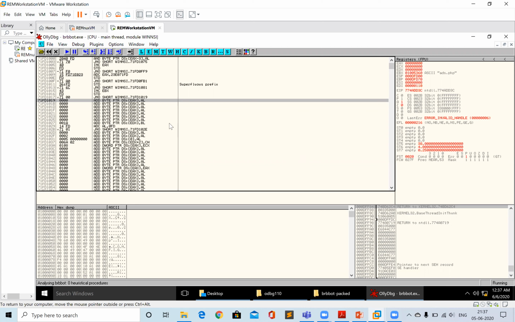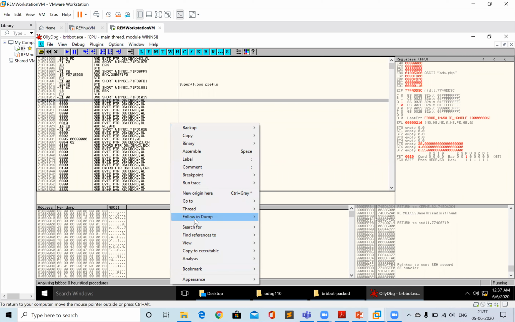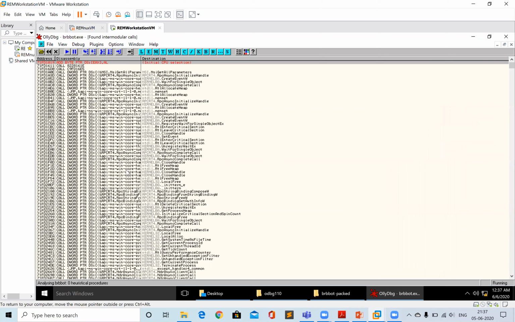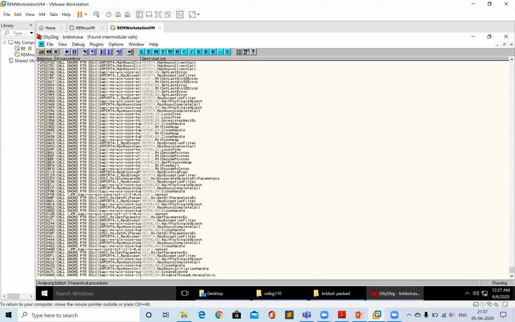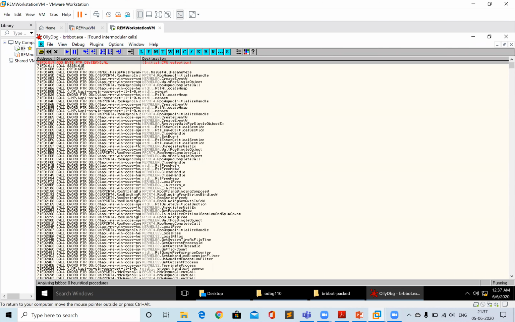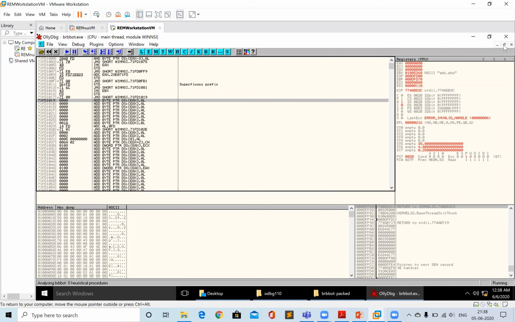So what you can do now, as I have shown, is go to another memory map and load that view in the disassembler and go for all intermodular calls, and you will see some other modular calls that are getting called from that portion of memory. It's a bit of an extensive process, where you are not getting a very good knowledge of the malware capability like the one we did previously.